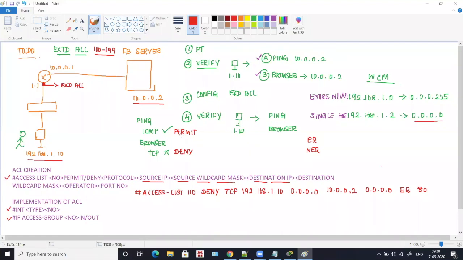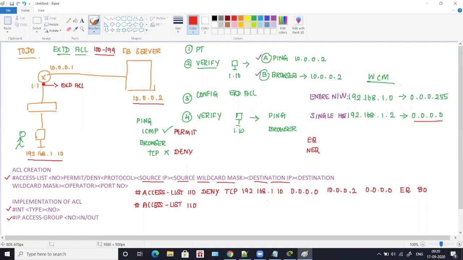Now permitting is very easy. Now permitting, it is like a ping command can work. It is not going to harm or bring you any issues. So for permitting, the command is very simple. It is just access-list, and again give the number 110, and we are going to permit ICMP protocol,